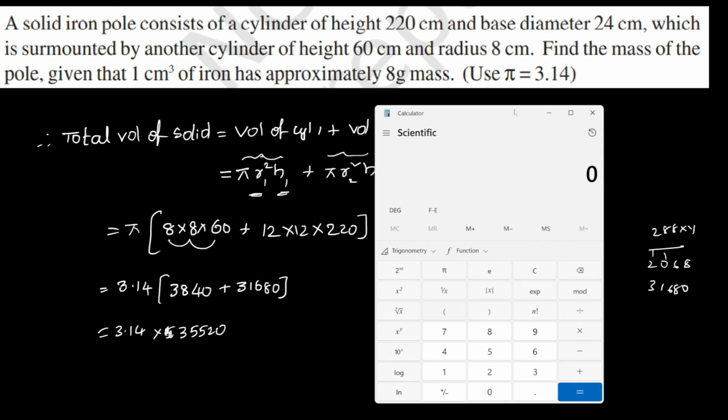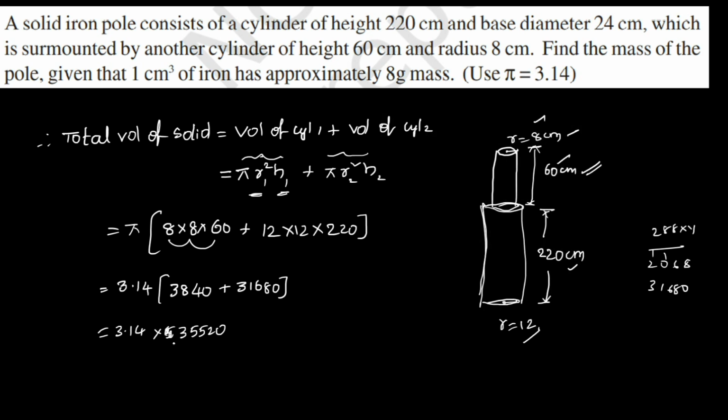So in the bracket 8 into 8 into 60 plus again in the bracket 12 into 12 into 220. So it is 31680 plus 3840, and 35520 is exactly correct. Okay, now 35520 into 3.14 will be the total volume, and if you want to find